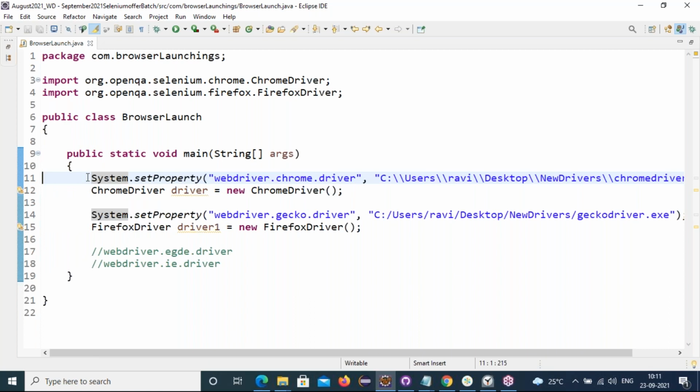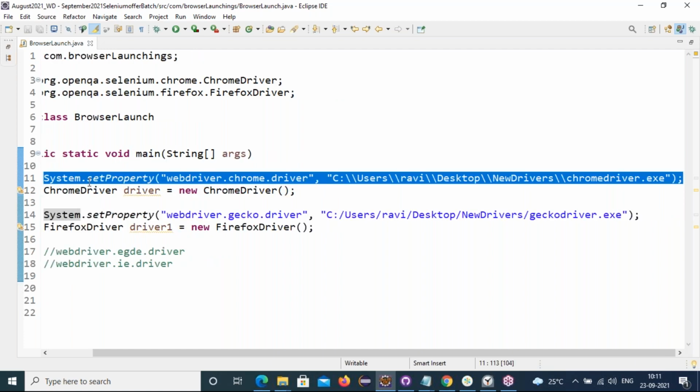Why is it not long lasting? Because, sir, for each program you have to set the path. No, we have set up the path through script or through environment variables. Will the same Chrome driver keep working or not? Will work, sir.